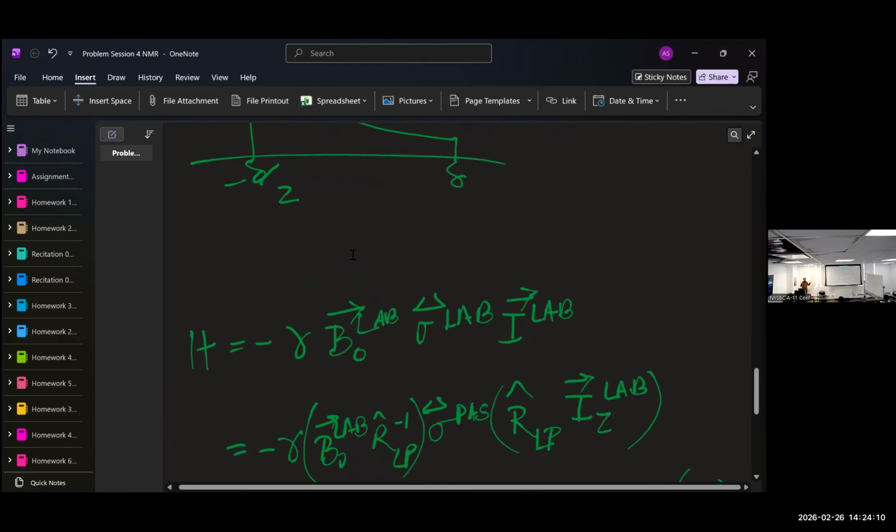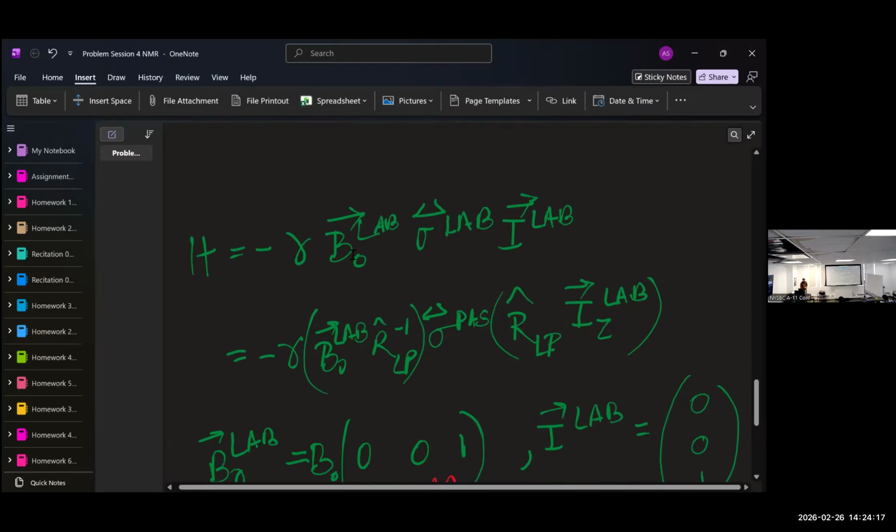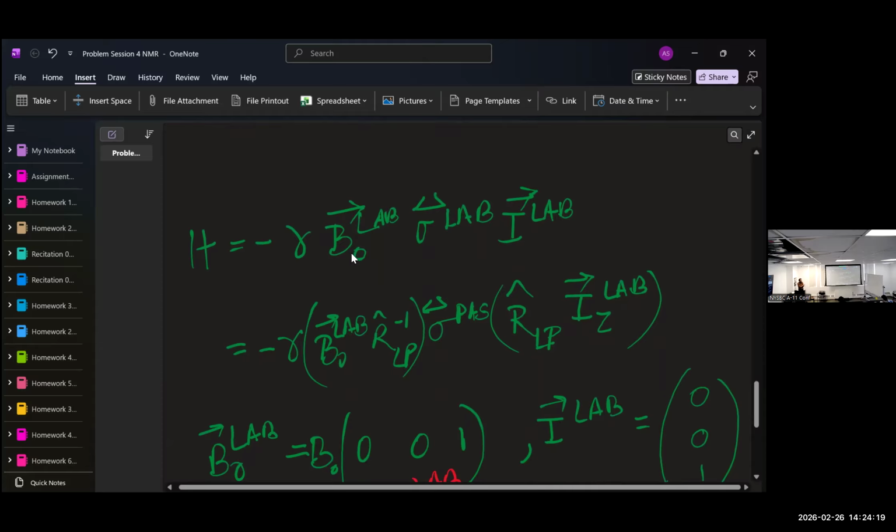Okay, so that was just a review of what tensors look like in frequency space, and so you can start to make sense of powder line shapes. I'm going to do a small exercise where we discuss how to rotate tensors using the Cartesian method and then using the spherical tensor. I'm going to talk about how we could arrive at the frequency of the Hamiltonian in the lab frame using the principal axis components of the CSA tensor